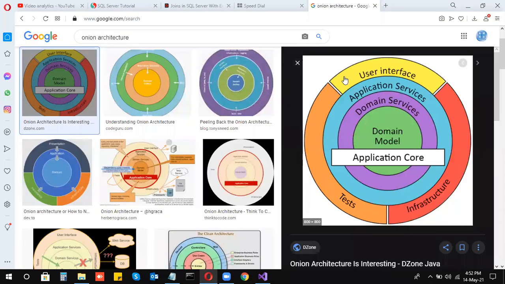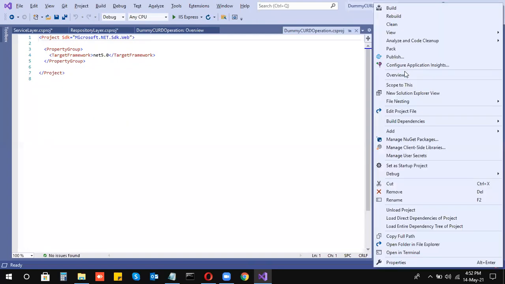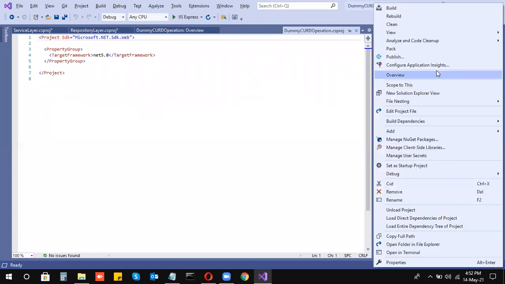Finally, your outer layer has the test infrastructure and the user interface, including the API, where you write the controller, and this is your dummy card operation.